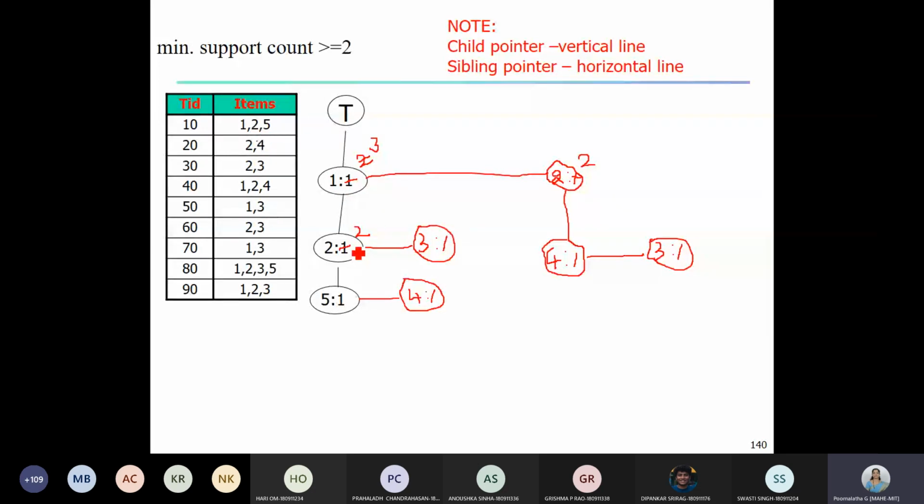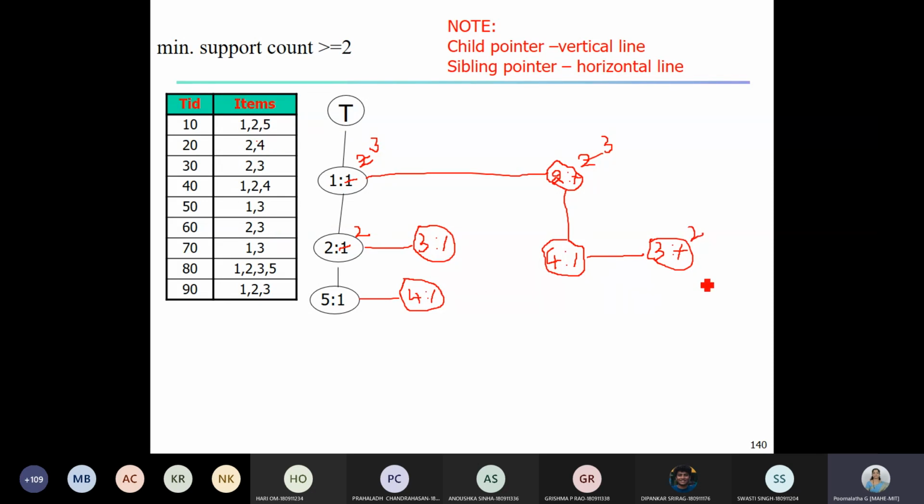So after 1, 3, next transaction is 2, 3. Now you can see 2 is already present below the root. So simply increment its count from 2 to 3. Fine. So after 2 we have 3 here. You can see below 2 we have a child of 2 as 3 already. So again no need to create a new node. Cut this one and update its count to 2. So we inserted the sixth transaction 2, 3. So 2 is present below the root, so increment the count. 3 is present as a child node of 2, so increment its count.